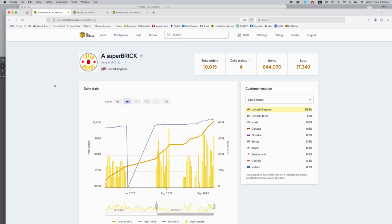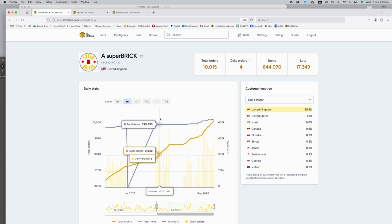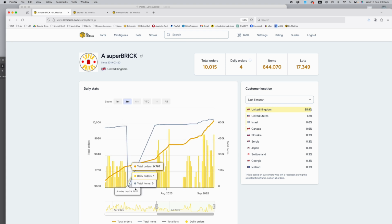Anyway, let's go back to Steve over at superBRICKS. Those of you that probably are aware of superBRICKS and East Midlands Brick Hire and other projects that he has on the go, this is the store that bought Brick Arena's stock way back when. And as you can see, a massive upload whilst his store was suspended recently, similar to Fantechnic. Took a fair while to get back online, but as you can see, that time was used wisely. He emptied the store. That's all he did. Went from 0 back up to...